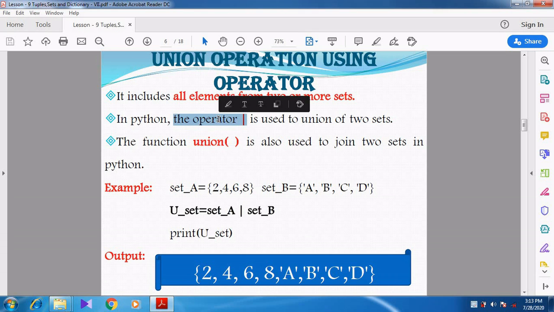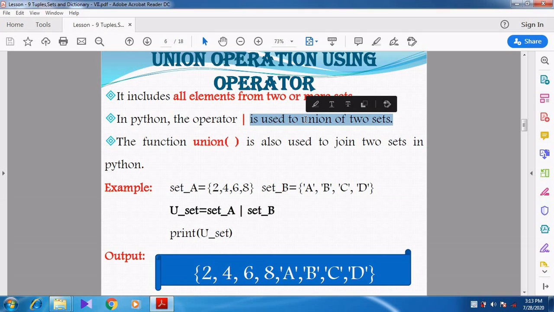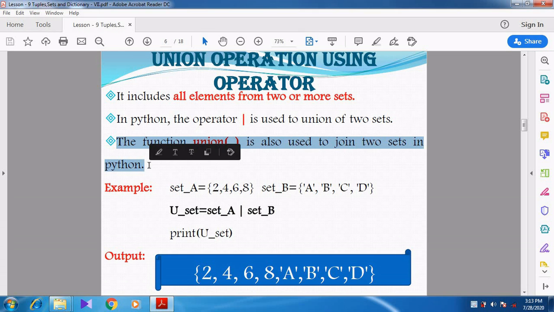In Python, the pipe symbol is used to union the 2 sets. It is used to combine the 2 sets. So this operator is used for union operation. Apart from that, there is another function called the union function. This particular function is used to join the 2 sets in Python.